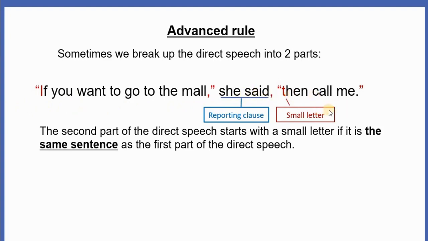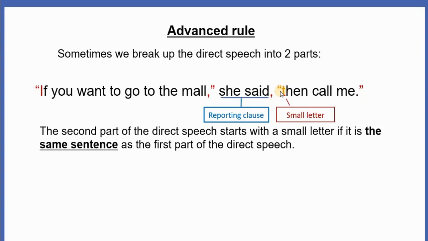It's the same sentence, so we write a small letter here. Okay? And don't forget, there's a comma here and a comma at the end of the reporting clause and a full stop here. So this is an exception,